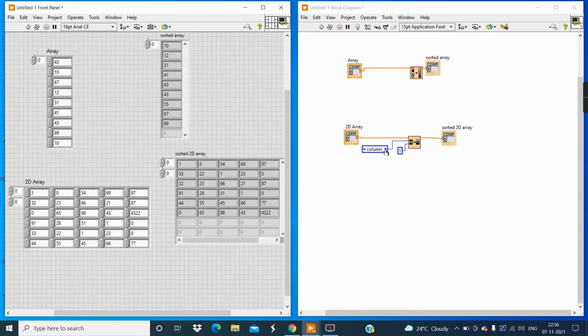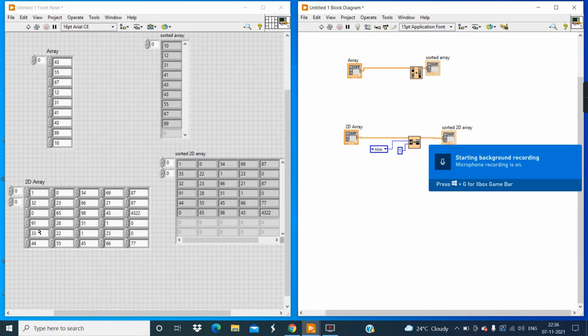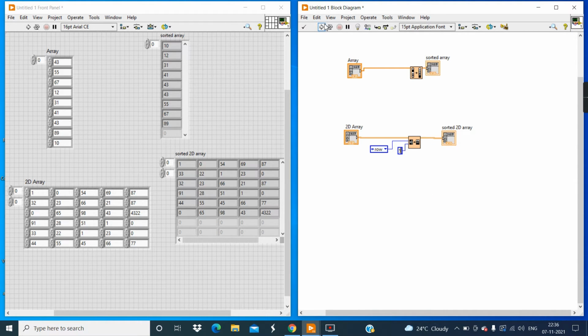If I want a row instead, the rows are 0, 1, 2, 3, 4, fifth row, so enter 5. And then click on the run button. Now you can see the 5th row in ascending order: 44, 45, 55, 66 and 77. Understood?